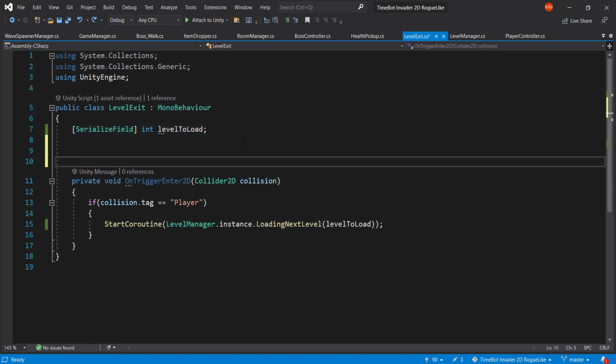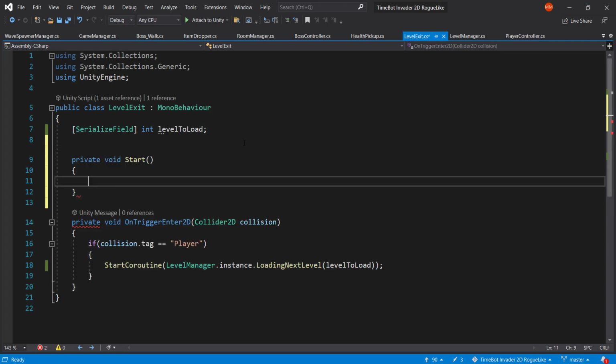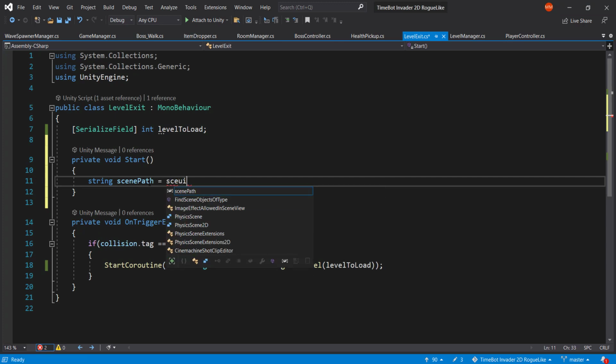In here, in start, I'm going to create the start. And now you need to focus a lot, but don't worry, everything will be slowly but surely explained. So first of all, I'm going to create a string variable, which is going to be the scene path. And this scene path will be equal to scene utility,